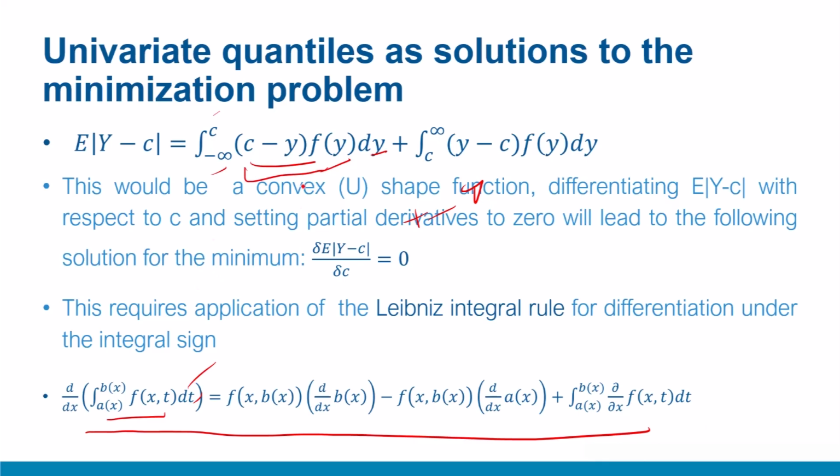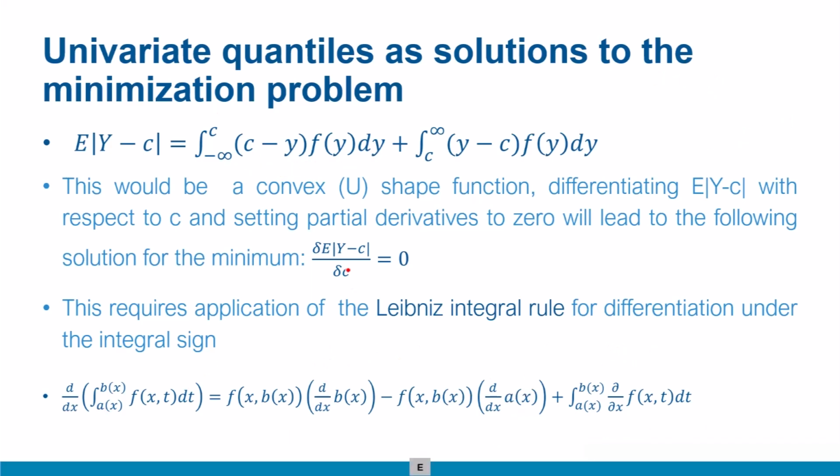this entire combination. Now please notice, the lower limit here is a, which is infinity. Now this infinity is constant, unlike a, which is some function of x, and x here you can think of as c. The function which is b(x), the upper limit, is also c. So b(x) is also c. So we take the differential. When you take the differential of this constant term with respect to c, it becomes 0. So this term will be 0 anyway. So we'll be left with this term and this term.